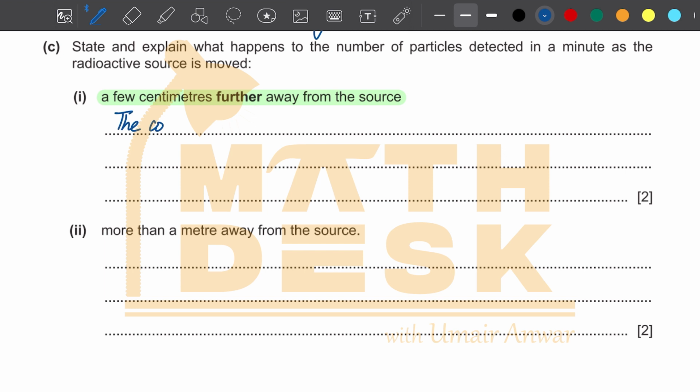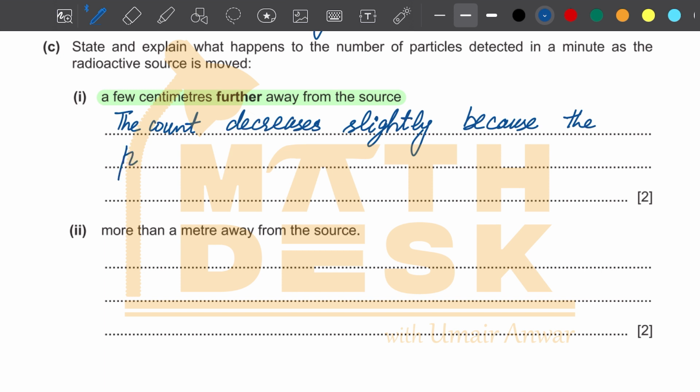So the count decreases slightly, and the reason of this decrease is there would be some scattering of the particles, because the particles would spread out and the particles reaching the detector would be a little lesser